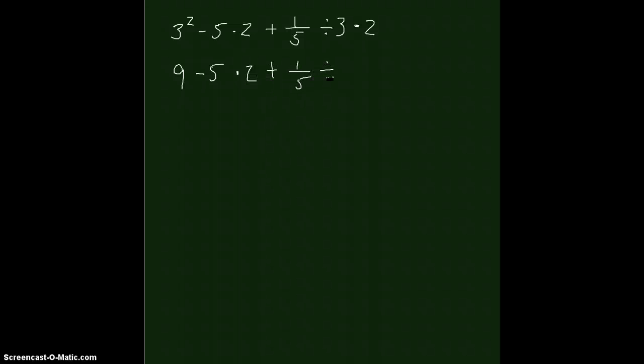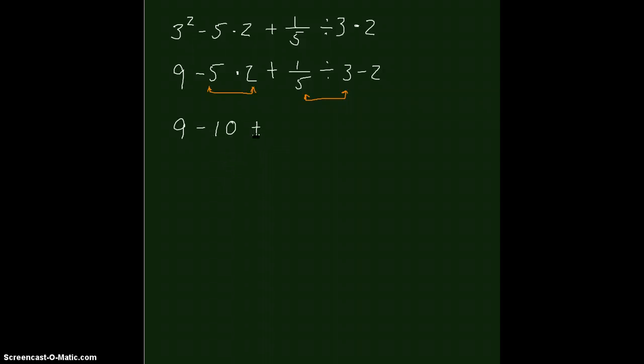We may be tempted at this point to say 9 minus 5 is 4. However, we've got a multiplication. That has to come first. I should say that has to come before the subtraction. So I'm going to do this multiplication, and I've also noticed I have a division in here between these two numbers. So I'm going to do these two before I do the addition and subtraction. So I've got 9 minus 5 times 2 is 10,